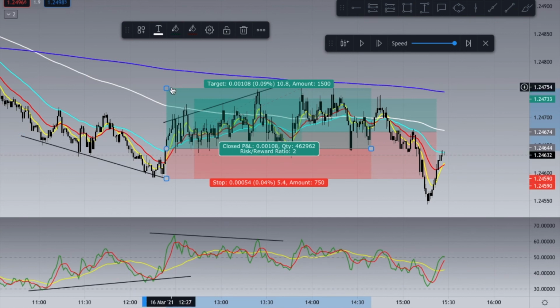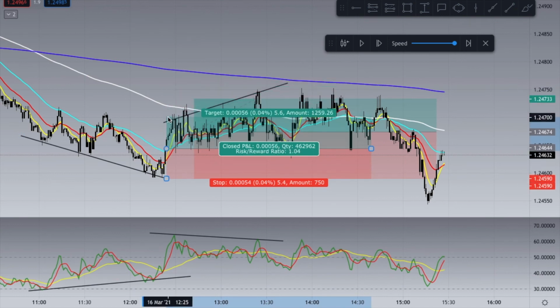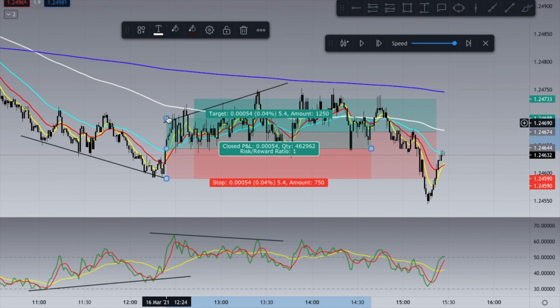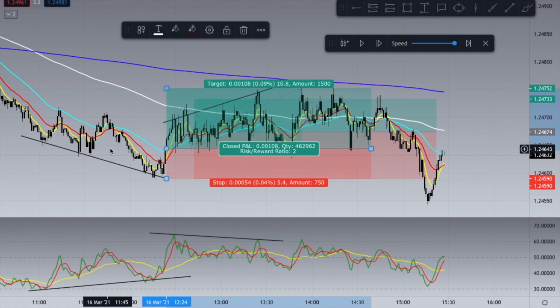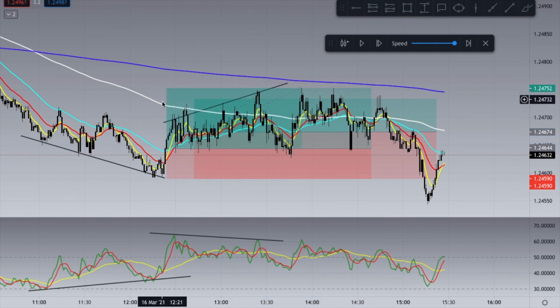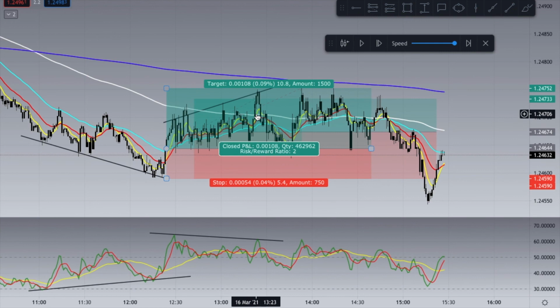So at 1R, when price got up to here, I would have locked in half the profit and then moved my stop to break even. But actually, after doing that, I probably would have been stopped out before I even reached this 2R, right? But if I hadn't done that, if I was just going for 2R, I would have actually hit my 2R, right? So either way,